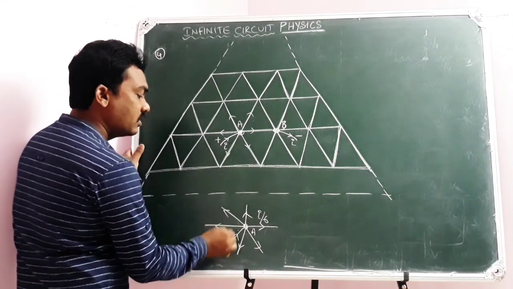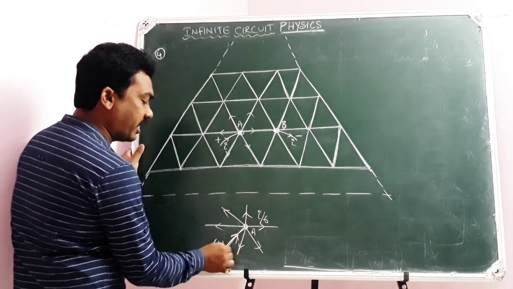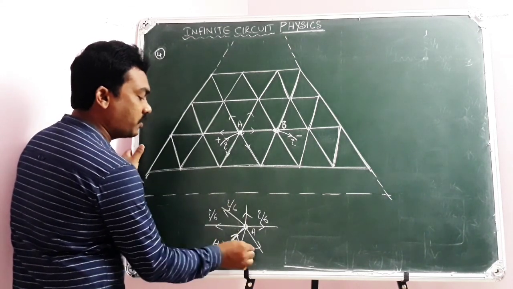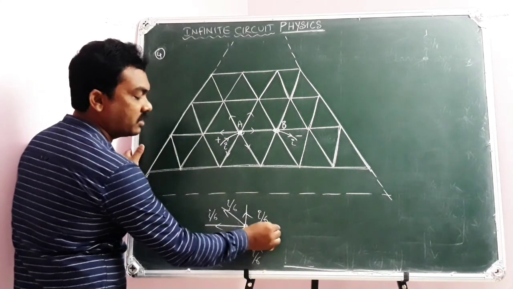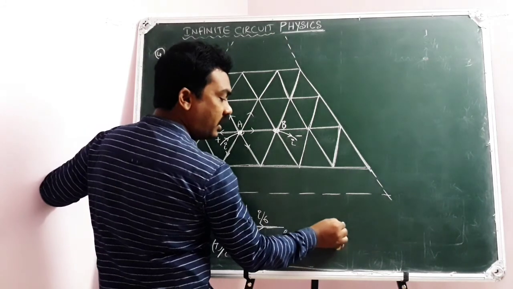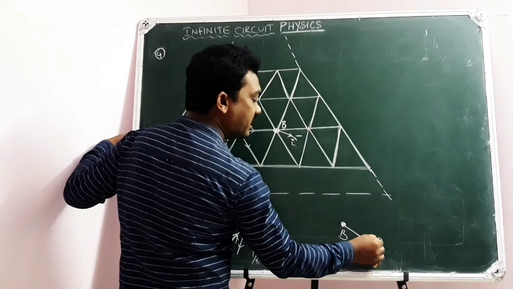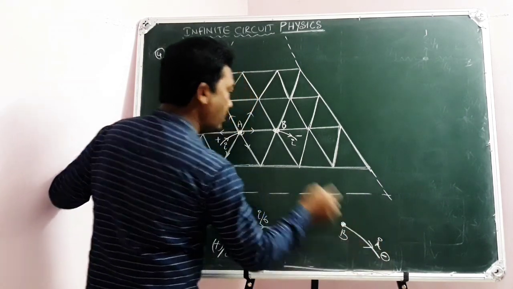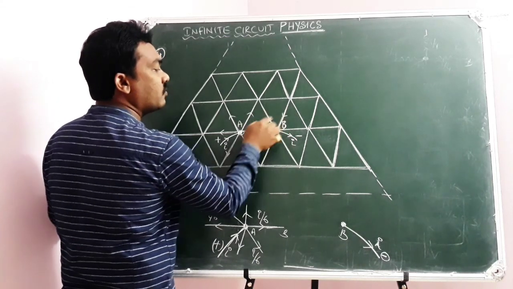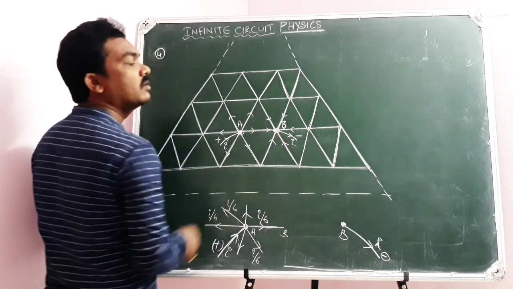Like this. When current is entering from the positive terminal of the battery, I current enters here. So in each path you can expect I by 6, supposing A as an isolated junction. At the same time, B is an isolated junction where current is leaving, I current is leaving at the negative terminal. B has inputs of current from 6 different paths: 1, 2, 3, 4, 5, 6.